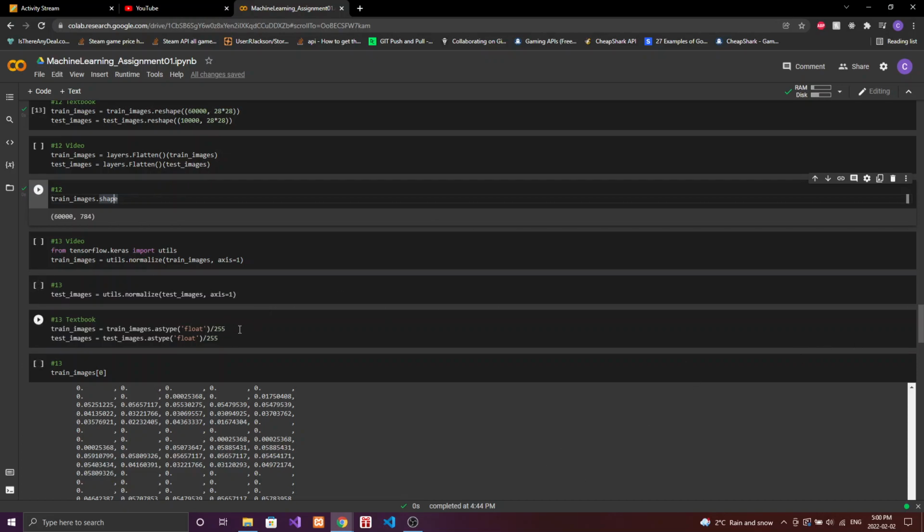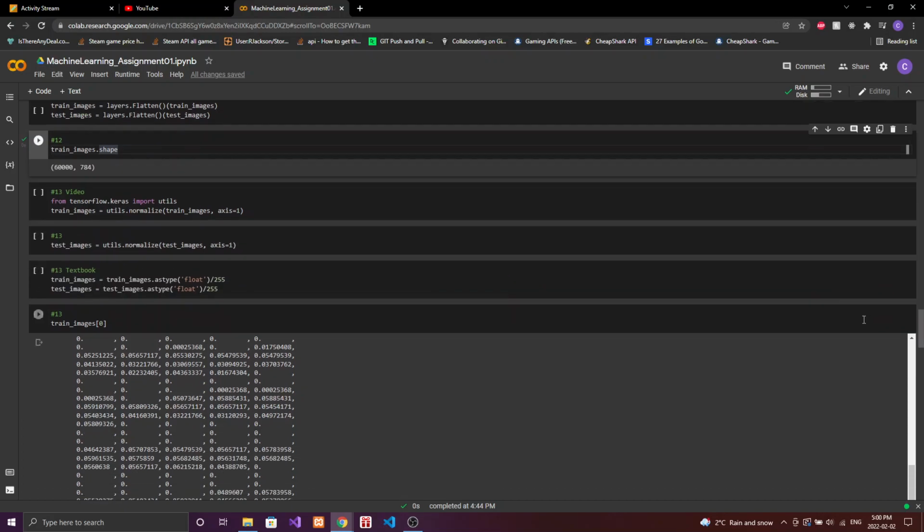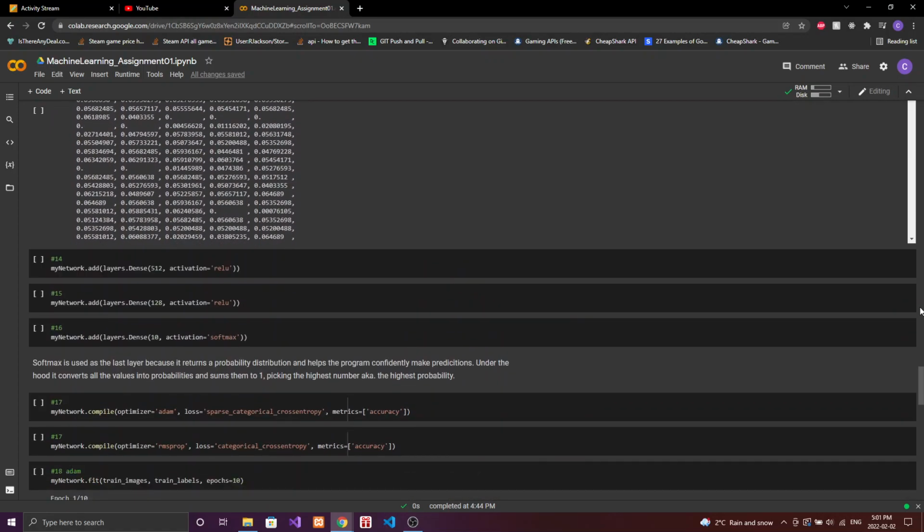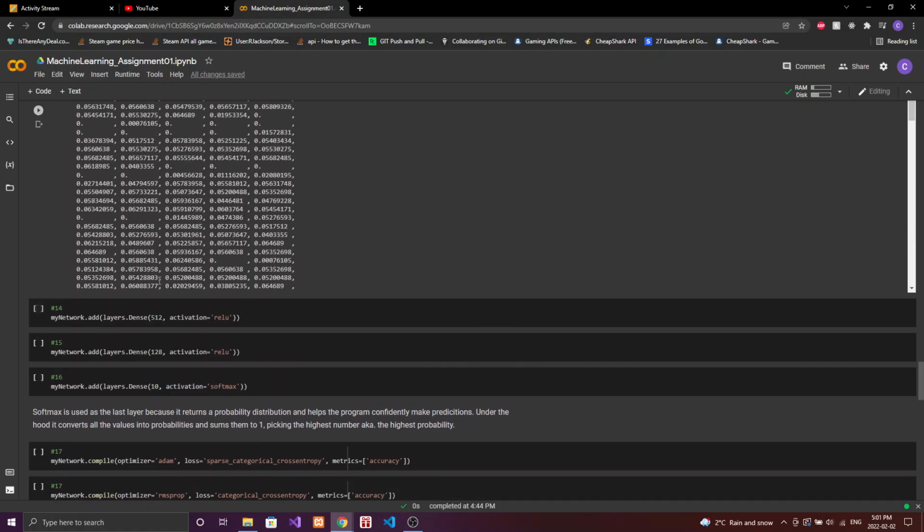And this is just another way that we did it from the textbook. You can see we changed the type to float, and then we divide by 255, and the digital content actually becomes what we see in here rather than the 0 to 255 scale. And continuing on, now we're going to actually teach our machine, and we're going to put it through our sequential method that we